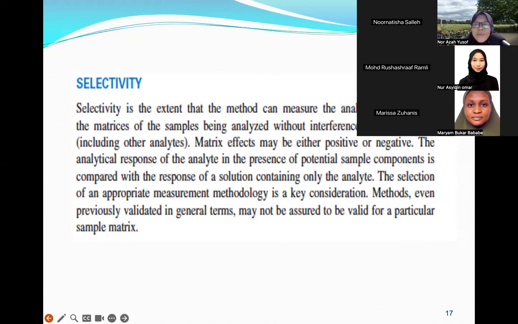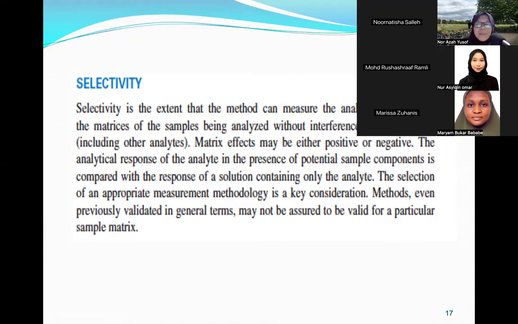Okay, you have to revise back the word analyte. Analyte means the one that we wish to measure. So if the selectivity is very high, meaning that the method is highly selective, it can analyze the plumbum